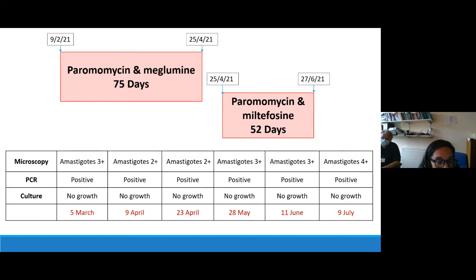And the table here at the bottom just shows the splenic aspirate results, and you can see there is a 10-fold drop in the amastigote burden on his splenic aspirate, but this was actually felt to be less than expected in someone that was paromomycin naive. And 10 days after stopping this regimen, he's commenced once again on paromomycin, but this time alongside miltefosine. But unfortunately, there's no difference at all in the amastigote burden on splenic biopsies, and therefore this is felt to